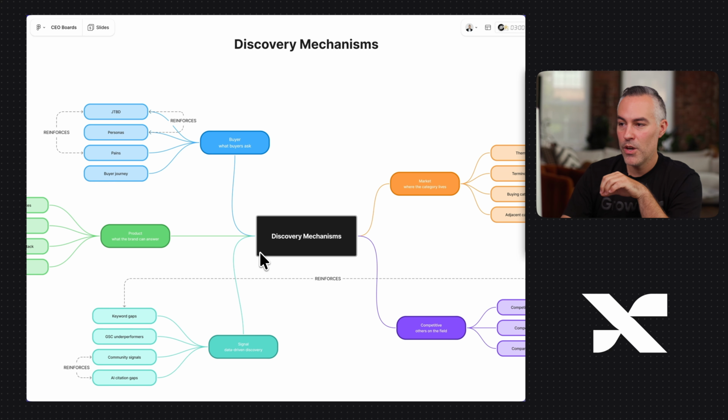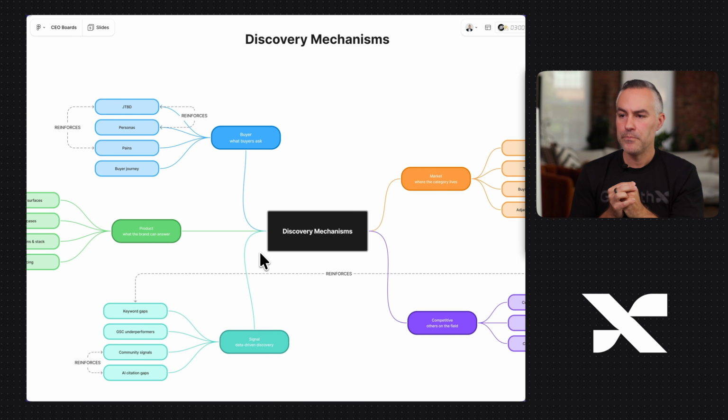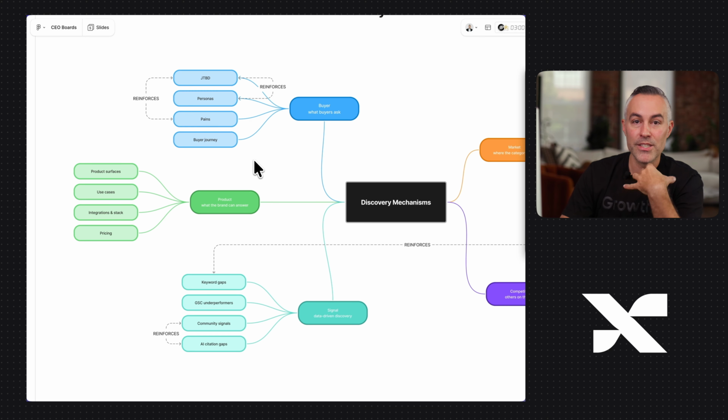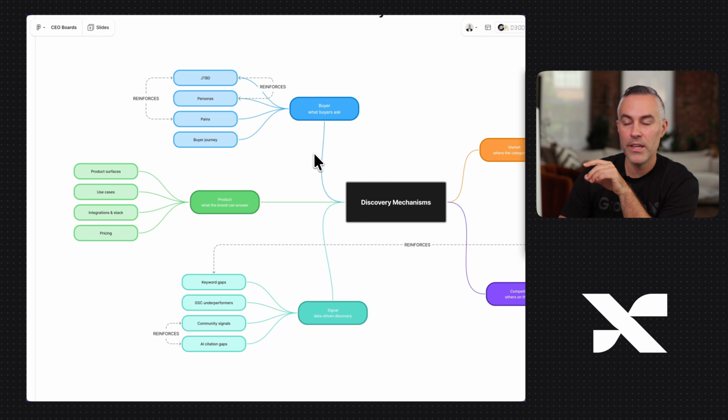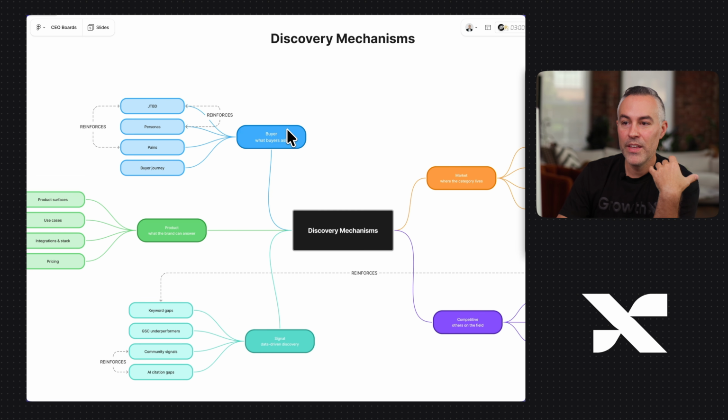And so when it comes to these mechanisms, they can be used to come up with ideas. They can be used to come up with questions that people might have. They can be used to come up with opportunities. They're really like mechanisms, right? And so think of these as nodes of mechanisms that you can turn on in order to go uncover things. So for example, when it comes to buyer questions, there are the jobs to be done,